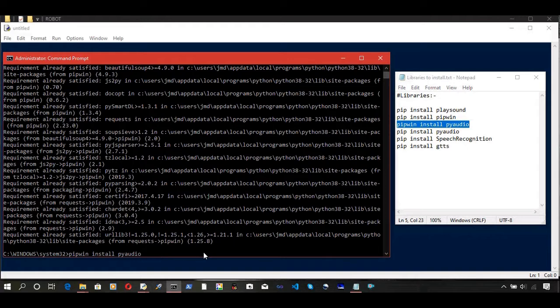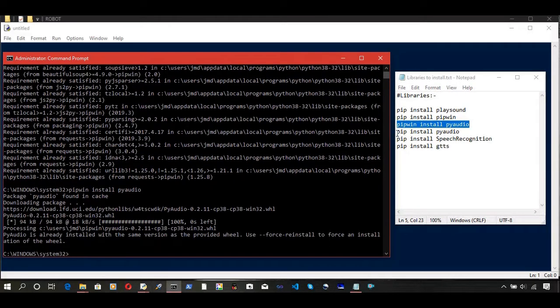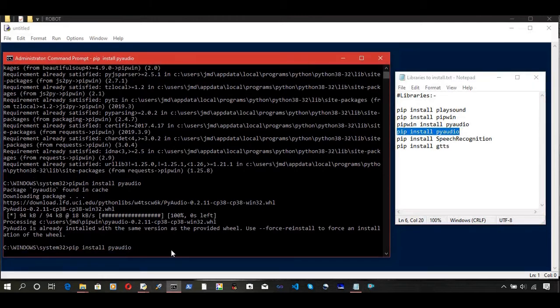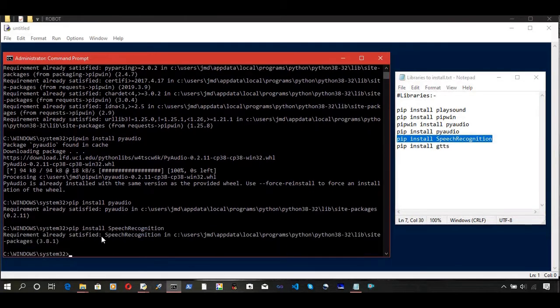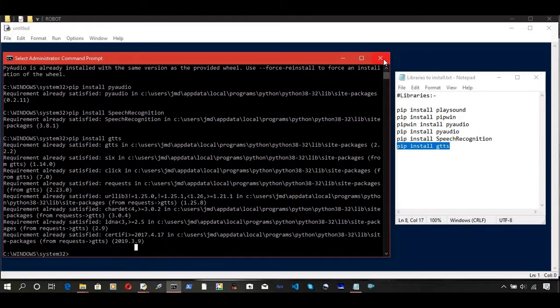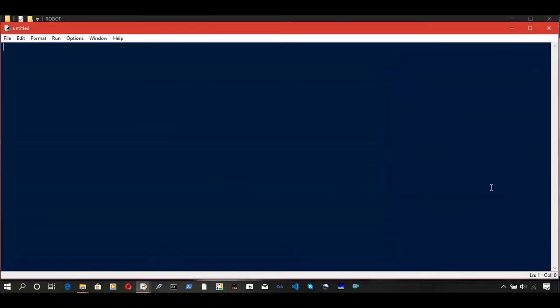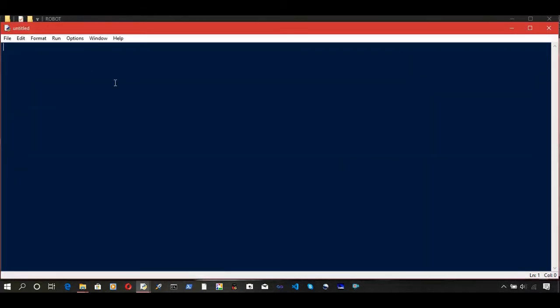And just note one thing, install all these libraries sequentially as I am doing in this video, because if you do it out of sequence, then you might get an error. So just do it in sequence. I am done with the libraries. Now just start with the code.